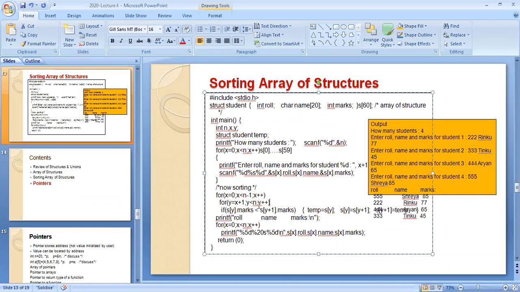Keep on incrementing. Now as you are inside the while loop, you have to check for each element. You are sorting according to marks. So for that, how are you going to take it? If s of y dot marks is less than s of y plus 1 dot marks, is this correct?